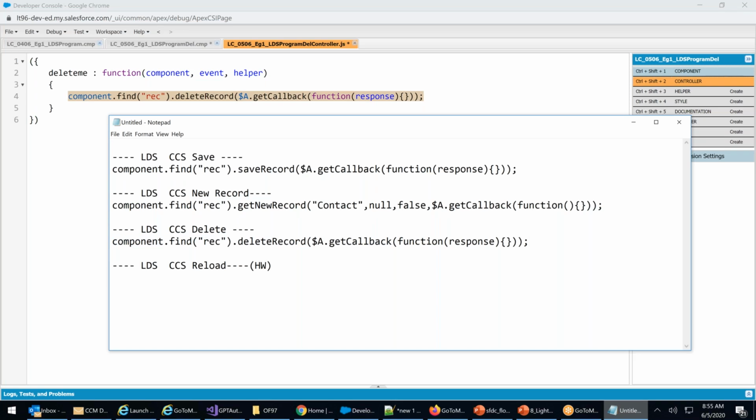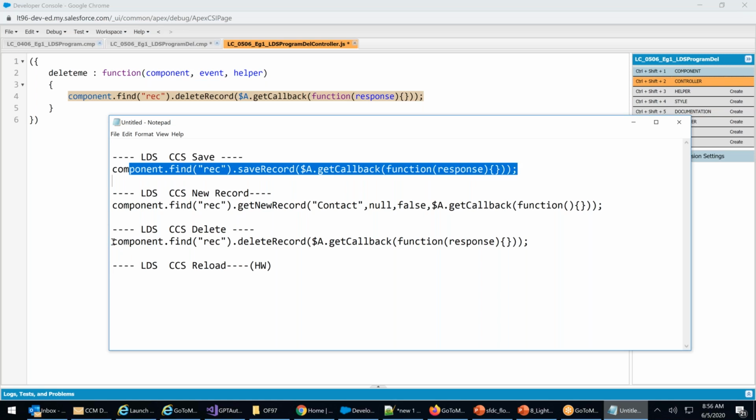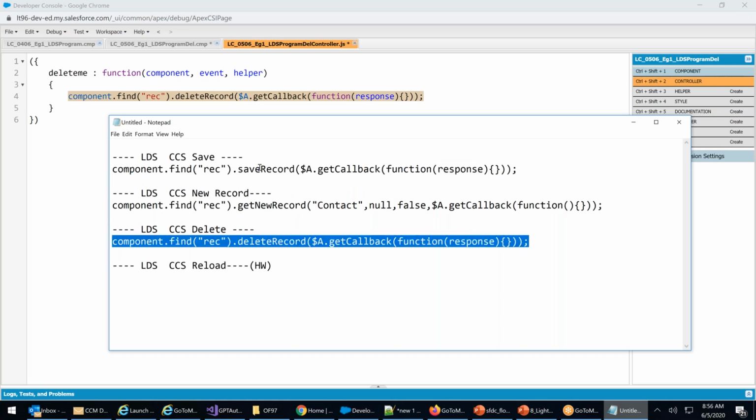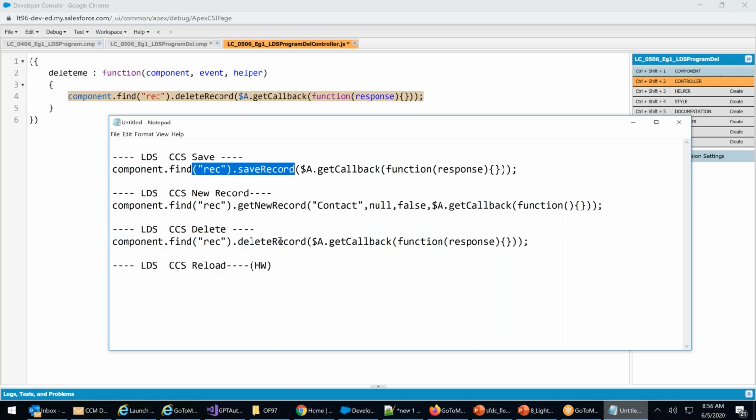Now you know how to create a reload command. See the similarity. Save, same. Delete, same. The only thing that is changed here is save. Here it says delete. Everything is the same. Here also $A callback. The only thing is that we are passing an additional parameter, what to save. Now reload, find by yourself.